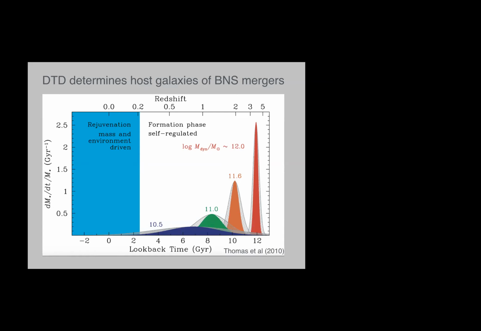Now, if you observe systems happening in the dead galaxies in the local universe, if you see that all of the neutron star binary mergers are happening in dead galaxies, you might ask yourself why. You might say, okay, I know that they are dead since, for example, redshift 3 or 4. Therefore, the delay time should be very long, on the scale of 10 gigayears, such that I see them now happening in the local universe. And the other way around for the blue galaxies. So if you play this game,